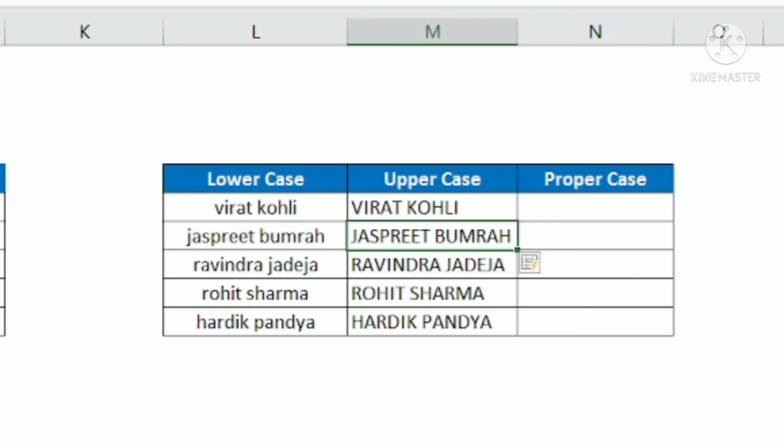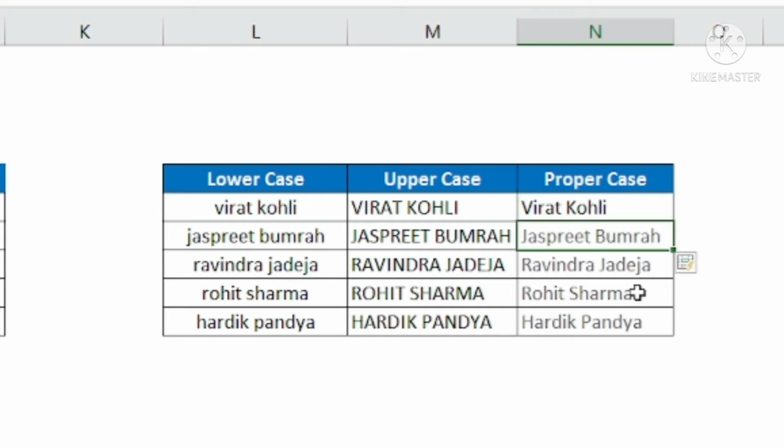Isn't it amazing? Now I want to convert these names into proper case. That is, the first letter should be capital for these names. All other letters should be in small case. So I'll write the first name like this, with the first letter capital, the way we write usually, and then write it like this. Okay, and then go to the next cell and Control E. You can see all other names are being converted to the proper case.